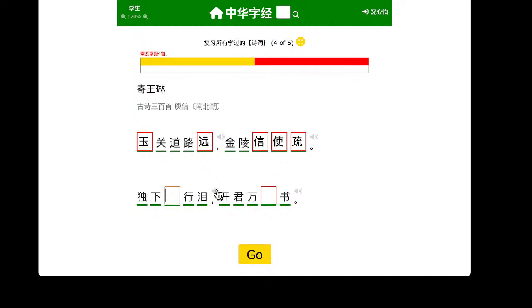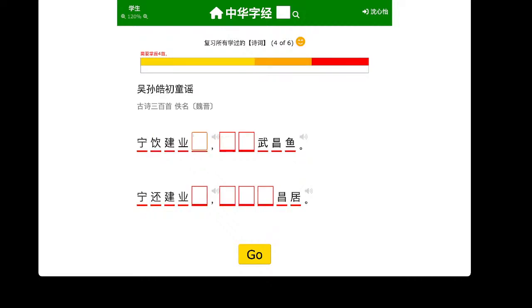Rarely，读下千行泪，这应该是千行泪。又是千行。开军万里书，这又是填7个空格，This is I can't be learning like this. We gotta reset it. I don't know any of these. 明饮建业水，I don't know anything. 不识武昌鱼，I'm uneducated. I'm just trying to make sure the whole thing works, and then we gotta go back and reset it.